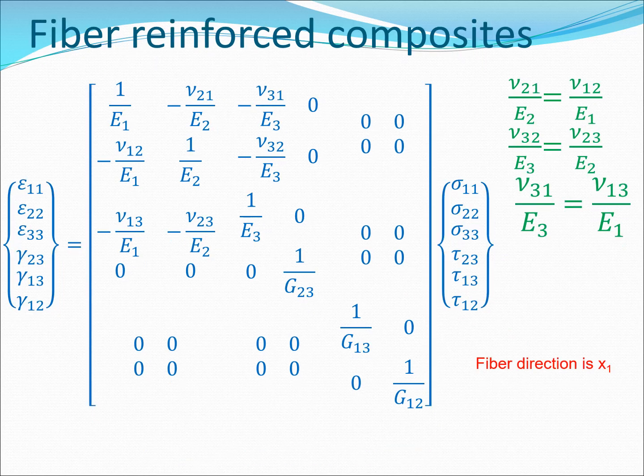Now, in composite structures, we use a slightly different nomenclature. We say the fiber direction is the one direction, or the coordinate x1, and the remaining two directions, which are orthogonal to this direction, are x2 and x3. So corresponding to x, y, z, we now have x1, x2, x3. We replace x by 1, y by 2 and z by 3, and if we do that we get this matrix here, which you will see in